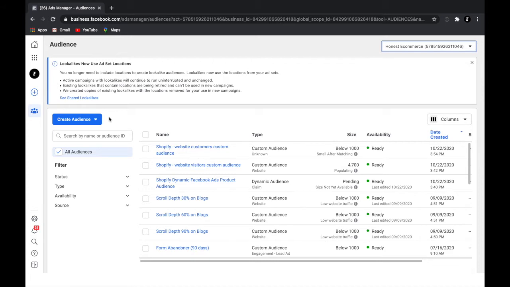Ours is going to be slightly different on the purchasers front because our Honest Ecommerce site does not register purchases, but we'll show you just the simple creation process of that. And then we're going to make lookalike audiences off of each of those as well. So a list of all of these and the steps are in your supplementary materials as well,